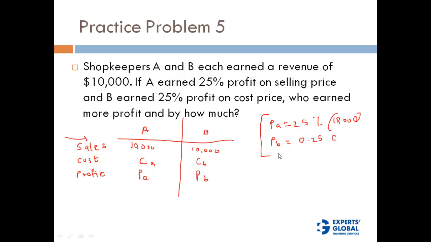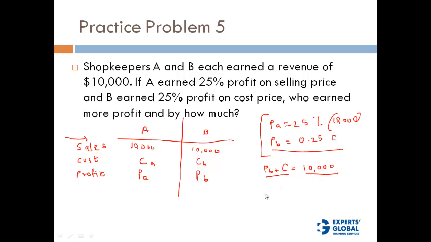Right? Now look at this. This is fairly straightforward to understand, but look at this. So we have profit, an interrelation between profit and cost. But we also know that profit of B plus the cost is going to be the sales of B, which is going to be $10,000, right? So here, by equating the sum of PB and C to $10,000, we'll get